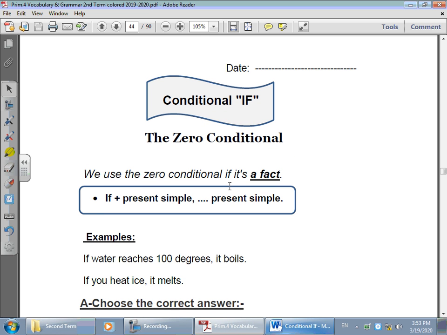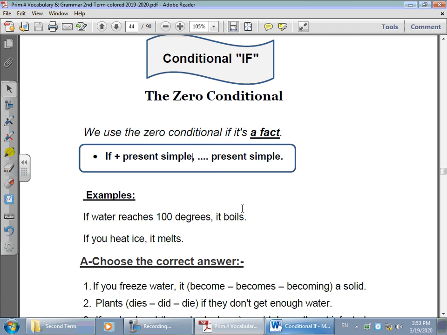The zero conditional, we use it when we're talking about facts. What is the form of the zero conditional? If, and after it the present simple tense of the verb, and then the other sentence should be in the present simple tense also. So when we're talking about a fact, we should use present simple in both sentences,